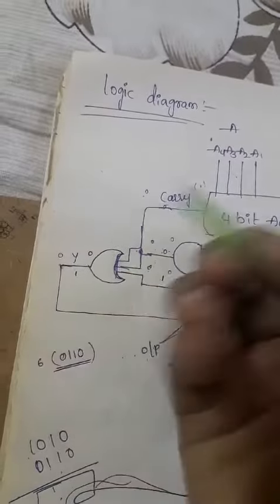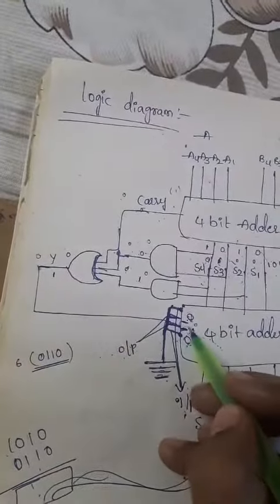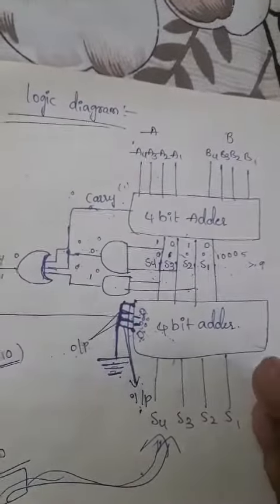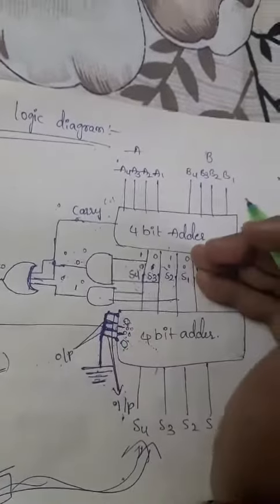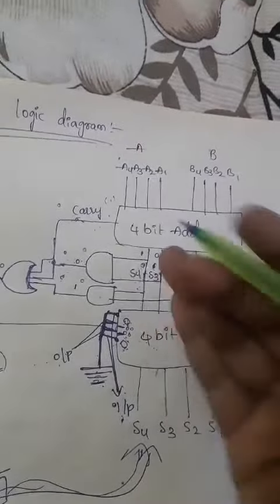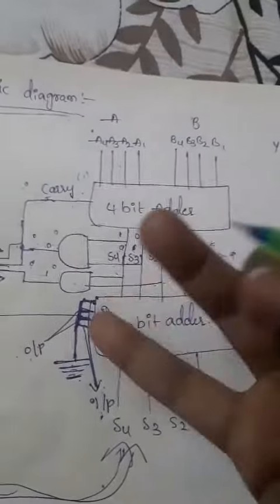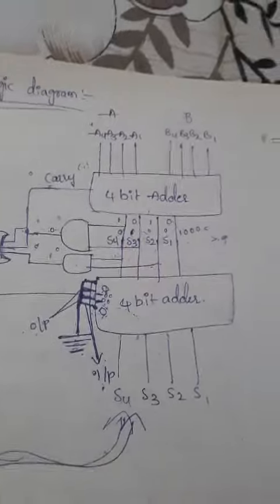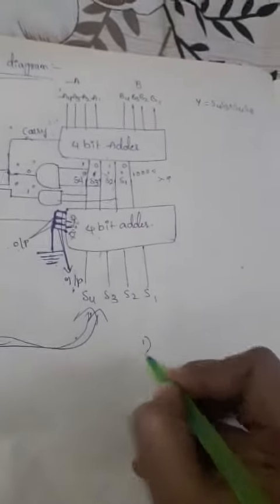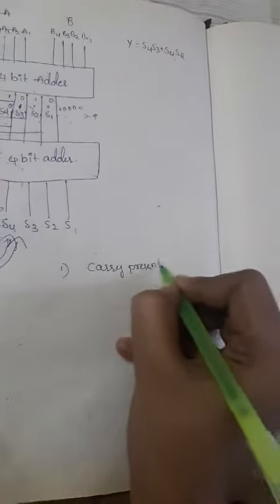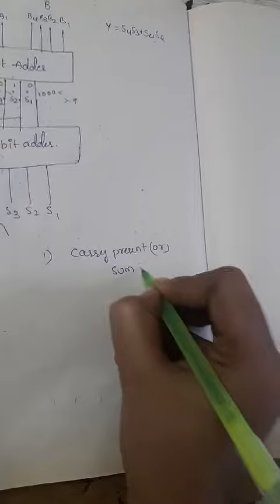So the final output becomes 0. So these two values will be 0 and inputs will be 0. So what is going to happen here? How to add this 0 value to this number? Directly you can say that 0 plus anything will be whatever the value we are having, that is 0 added with something, then we'll get the something, right? So then whatever the S4, S3, S2, S1 value we are having, that directly we can say is the final sum.